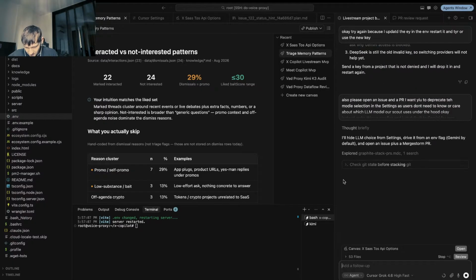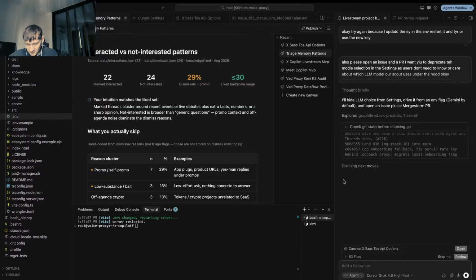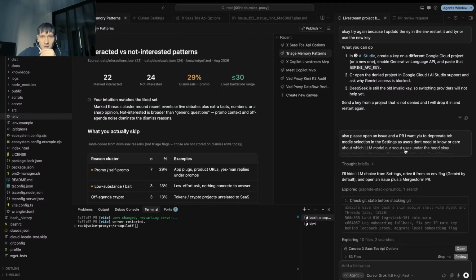I want to go back to interacting with X. Yesterday I skipped a day just because we literally migrated everything to production. So that was why. It was kind of a pain. So we're just gonna deprecate this. The LLM should be working, so